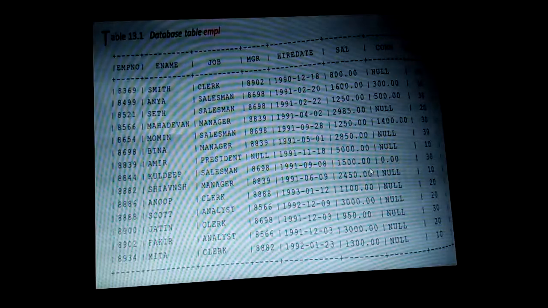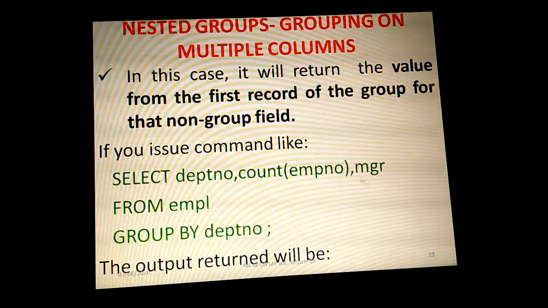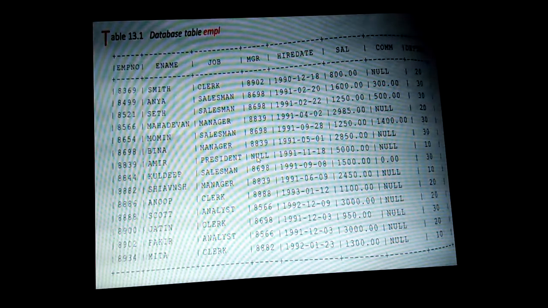Null is the value for the first record, the second record holds 8839, and the third record 8882. We have grouped on the department number basis only. So when we display the output with this select statement, the MGR value will be null.